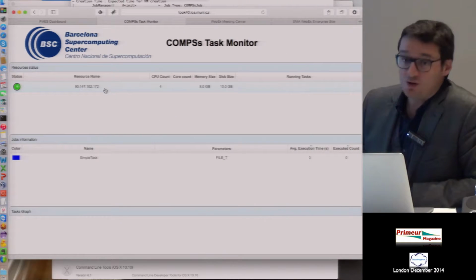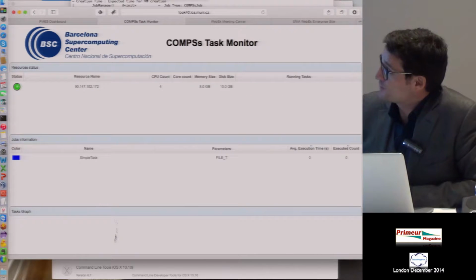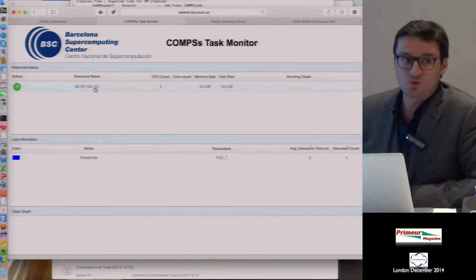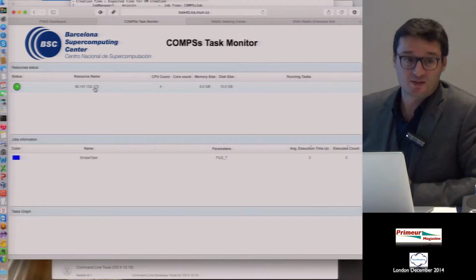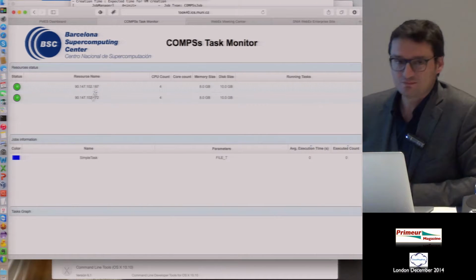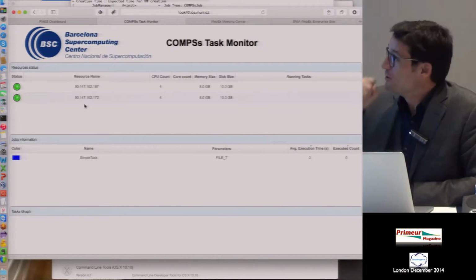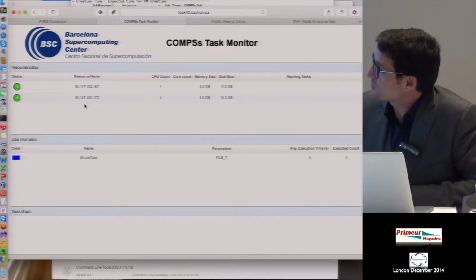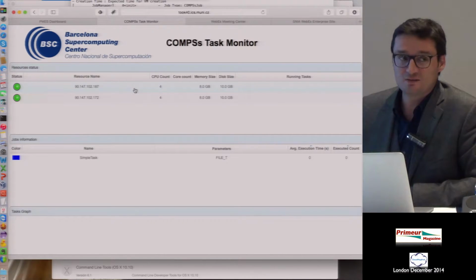Here is the monitoring of the execution of the application, of the COMPS Presca application. As you can see here, there is already 1 virtual machine available at INFN. So this is an OpenStack virtual machine. So also the second one. INFN is really quick to create virtual machines. So you can see here that we have a virtual machine created through OCCI.